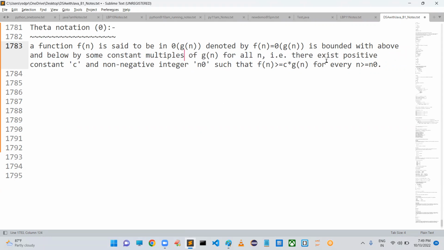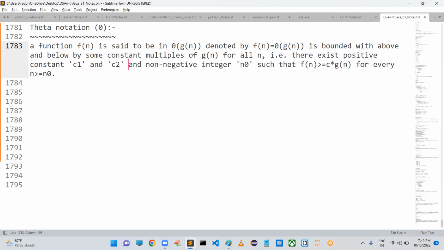That is, there exist positive constants C1 and C2 and some non-negative integer n naught such that